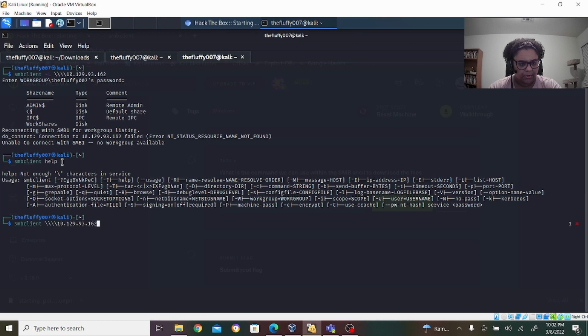Now I'm going to go in and I'm going to say work shares. Okay, so now I told SMB, I said, hey, go to this server and go to this disk, work shares. I put in my password and now I'm here. So if I type help,